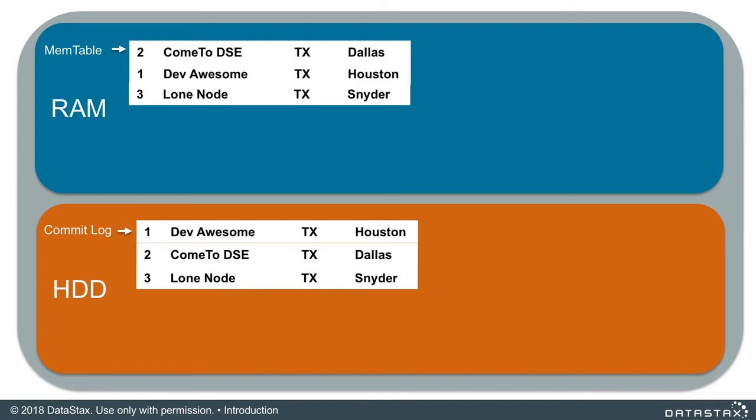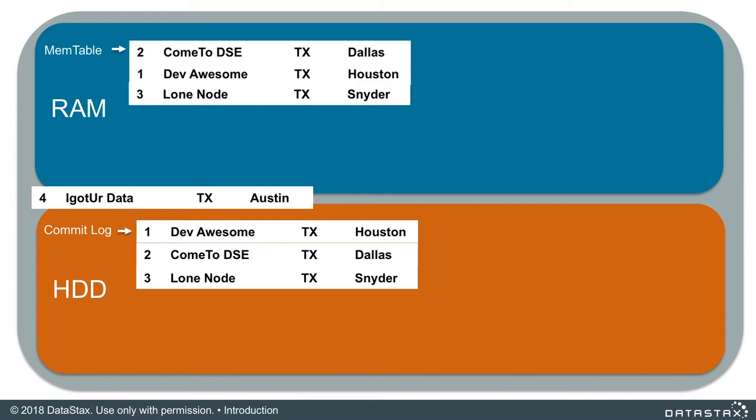Let's talk about the purposes of these two data structures. Since the mem table is in memory and Apache Cassandra stores it ordered by clustering column, then Apache Cassandra can read that data later and return it back to the user just like you see it when you do your CQL select statements. The purpose of the commit log is, hey, the node may crash, burn, go down, whatever can happen. In order to get the node to the same state it was before the node crashed, Apache Cassandra will read the commit log off disk and replay all those mutations so that we're good to go and the node's ready to rock and roll. So the memory data structure is for reading the data, and the commit log is for restoring the state of the node if it goes down and has to come back up.